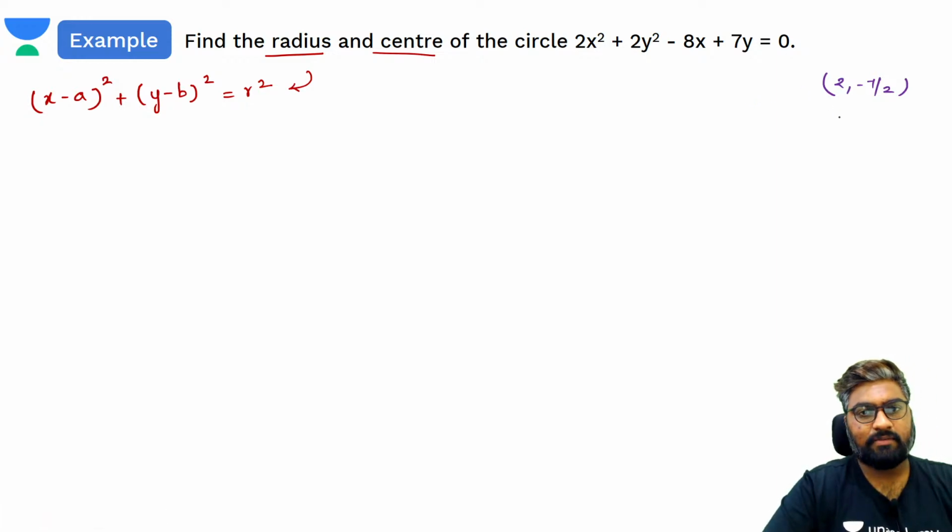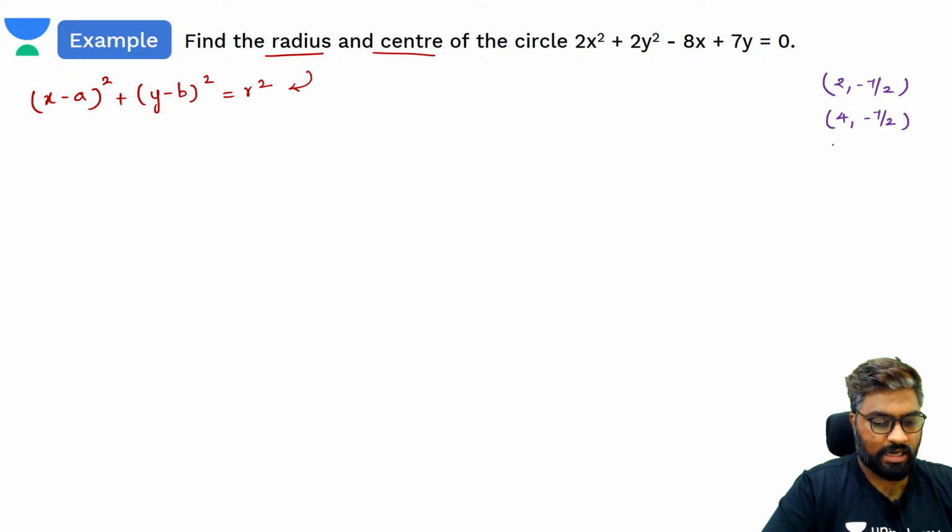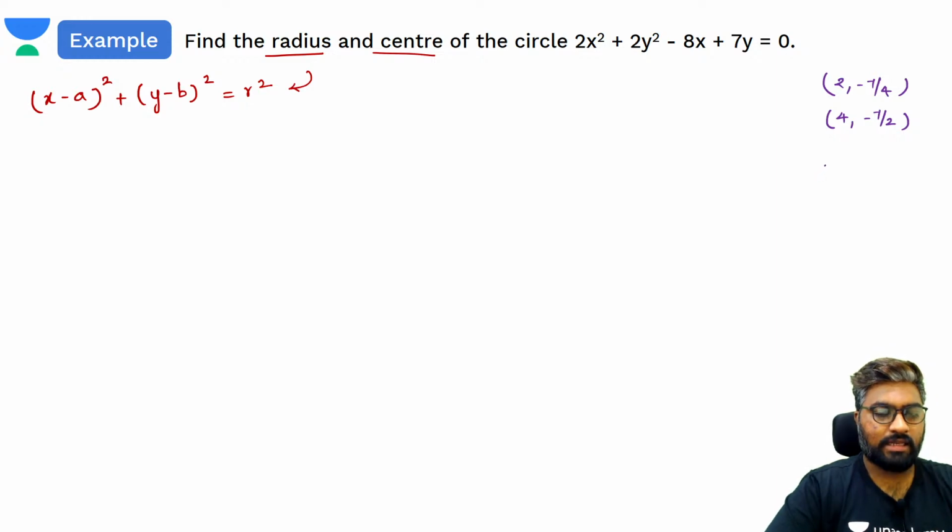Four comma minus 7 by 2, says Neha. Swati says it is 2 comma minus 7 by 4. Any other answers? फोर कमा सेवन बाई टू, पॉजिटिव में 4, 7/2, ठीक है। -4, अच्छा ठीक है, अब कुछ ज्यादा ही जा रहा है। -4, -7/2, +4, -7/2। चलो ठीक है,